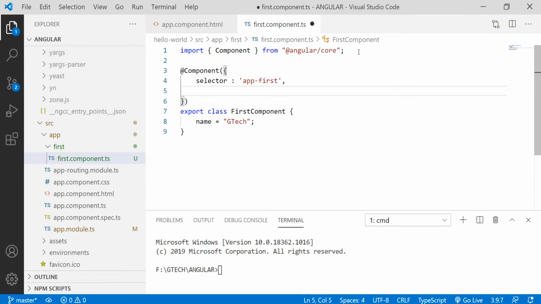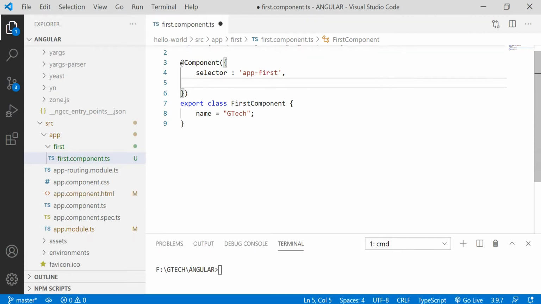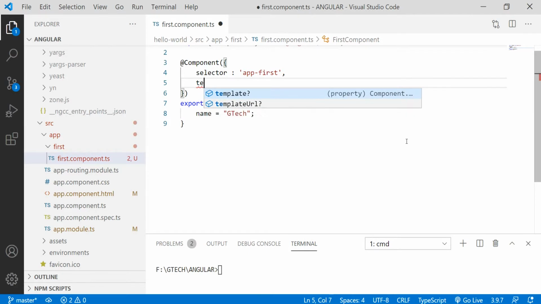The second argument that the @Component decorator takes is regarding the templating. A template is used to render the user interface in a web page. We can create a template in two ways as we already discussed. Let us first try with inline templating. To do that, we need to add the template property. And we'll create an h1 tag with some text.